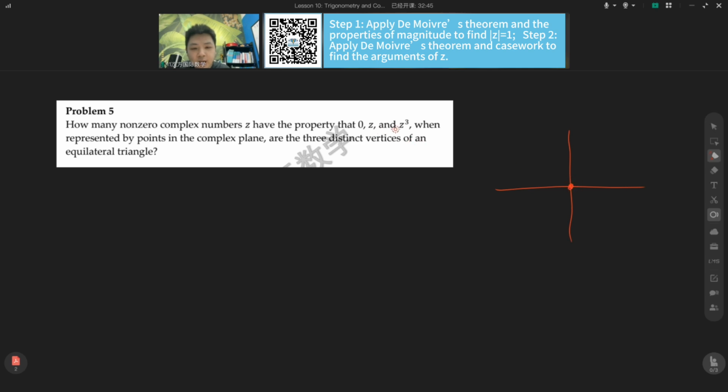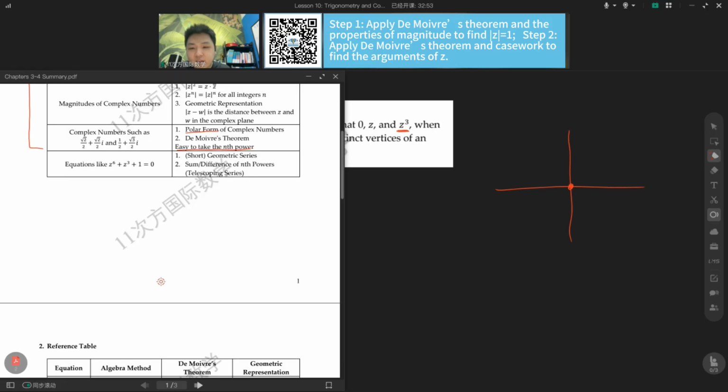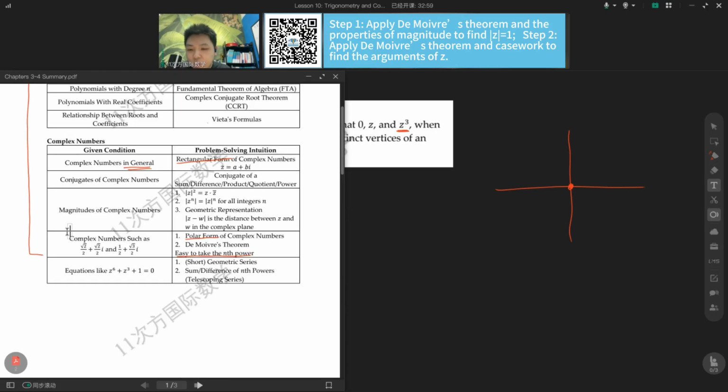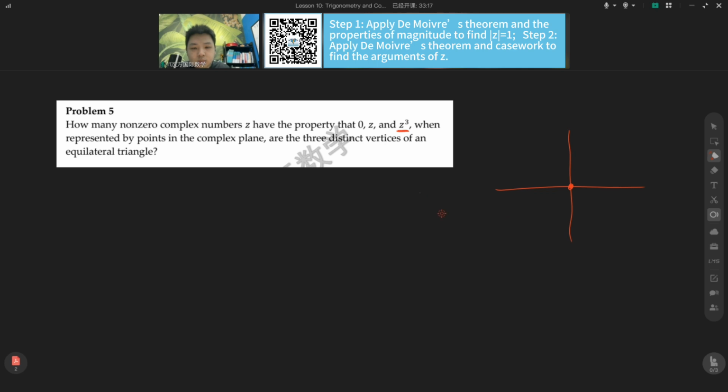And then when you see powers of a complex number, you can think of the Moivre theorem. 当然这里我也暗示了一下，when you see powers of a complex number, you should consider the Moivre theorem. 复数的次方，你也要想一下这个棣莫弗公式。